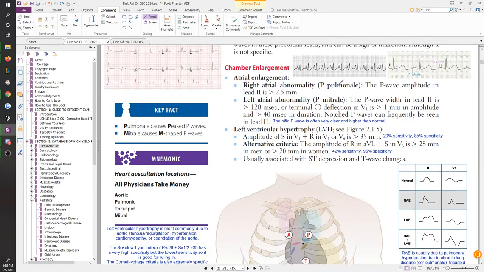Atrial enlargement stuff has shown up, and it's very similar to the William Marrow stuff we were looking at, because once again you'll be looking for the M's and W's, and thankfully they're pretty apparent. So you could either have right atrial abnormality, which is a right atrial enlargement, which would happen in a person who maybe has pulmonary hypertension, right? So they call this P pulmonale. The P wave amplitude in lead 2 is going to be very tall, right? So you can see that, right?